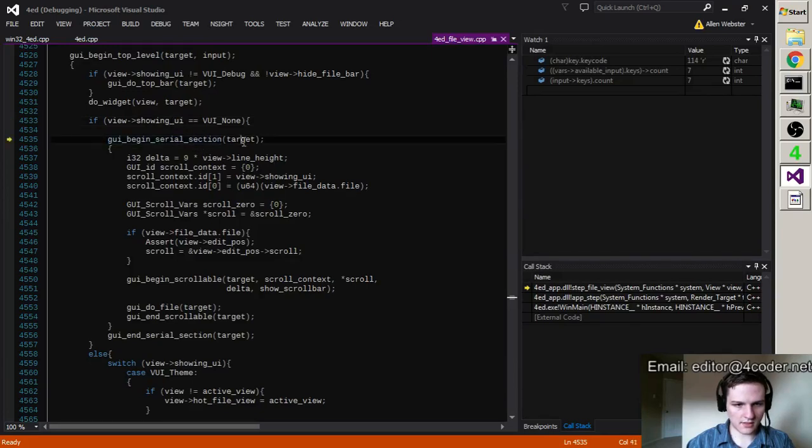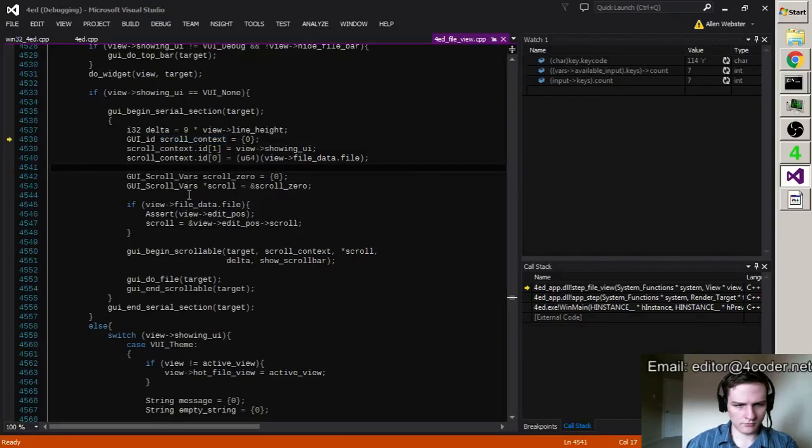Begin serial section. Oh, this is gonna be nightmare level of bad. Like, I don't really actually want to debug this right now. Kind of dreading it. When I read this, it causes this, I can feel like a shift in my brain.